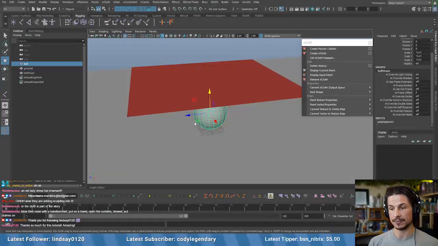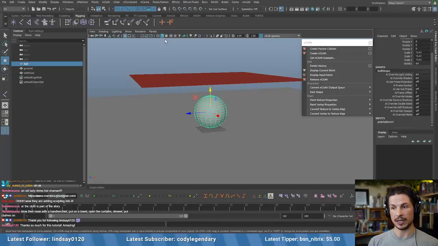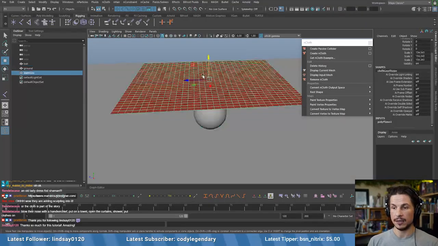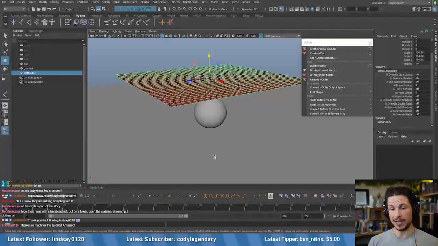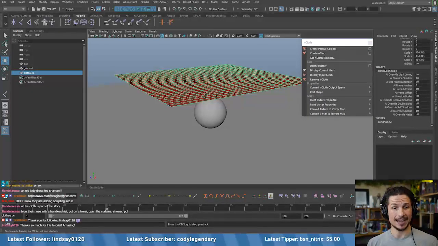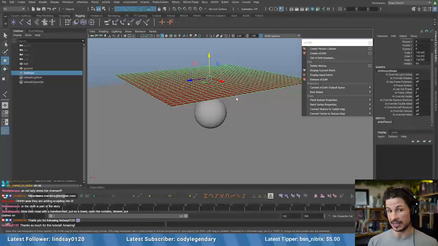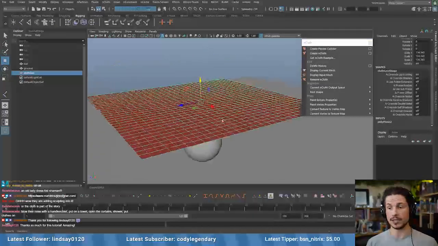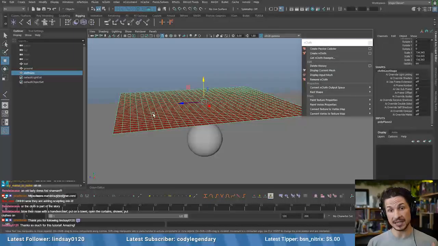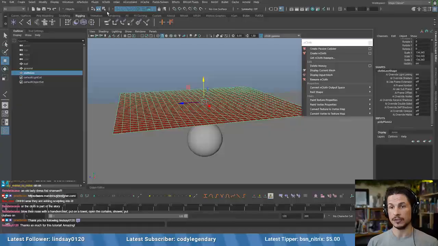So we've got that. Great. So we've got our sphere, our ground, and our cloth object. Well, if I hit play right now, nothing happens, because these are just simple pieces of geometry. There's no physics in here. There's nothing telling Maya how these objects should react. So how do we start creating cloth? Well, the first thing is let's create the cloth object. I'll select my piece of cloth that I want right here, go to nCloth, and I'll just hit Create